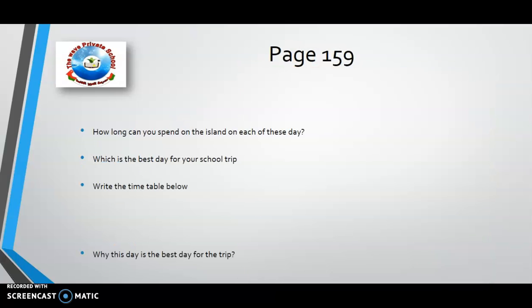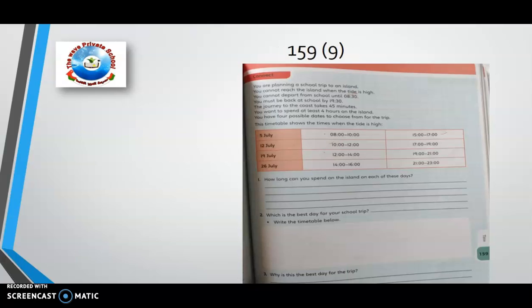After this, you can see page number 159. They said on this page that you are planning a school trip to an island. You cannot reach the island when the tide is high. You cannot depart from school until 8:30. It means you cannot leave the school before 8:30. You must be